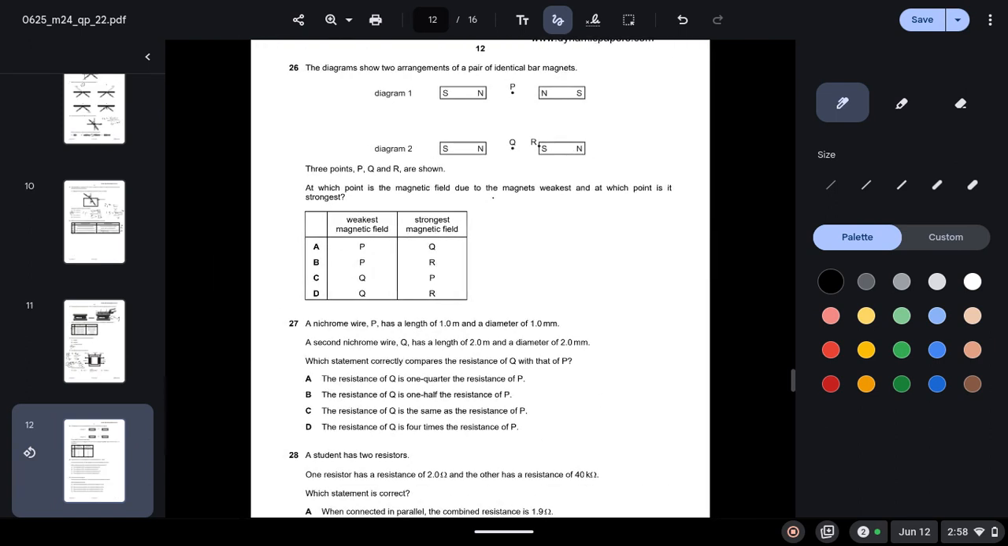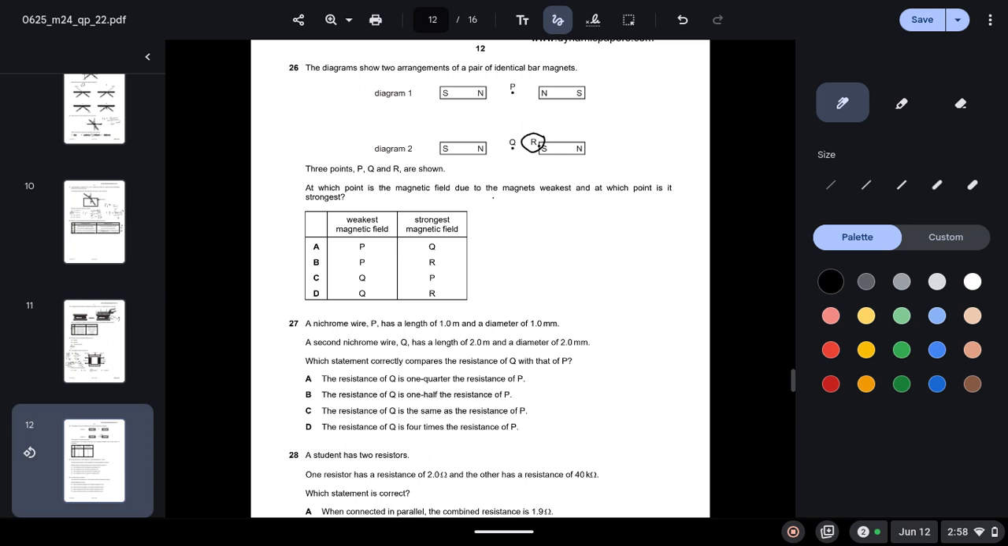The diagram shows two arrangements of a pair of identical ball magnets. Three points P, Q and R are shown. At which point is the magnetic field due to the magnets weakest, and at which point is it strongest? So the closer to the magnet, the stronger it would be. So the strongest magnetic field would be at R, since it is closest to the magnet,